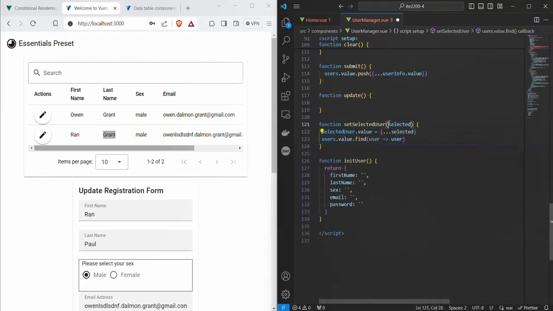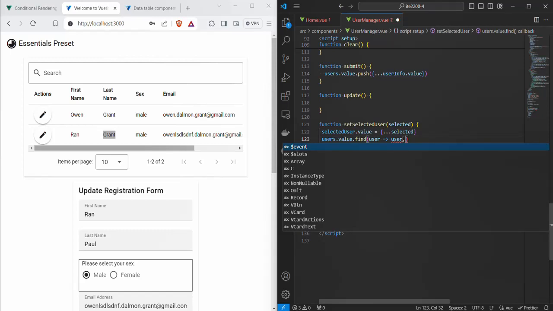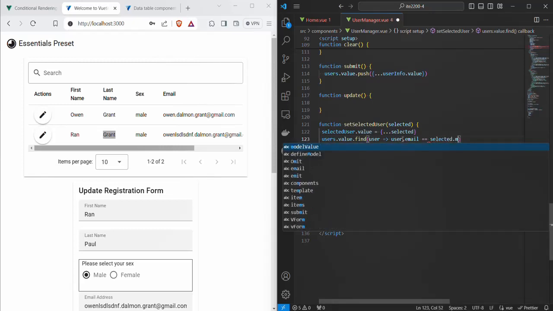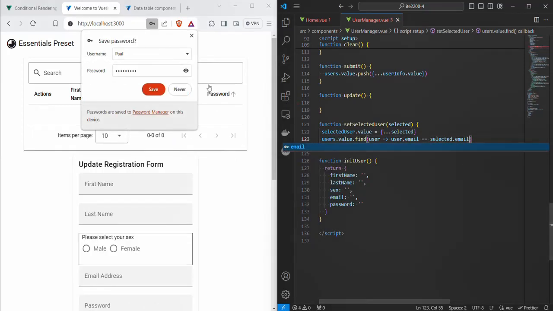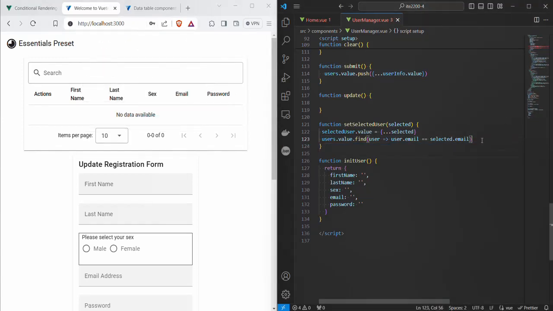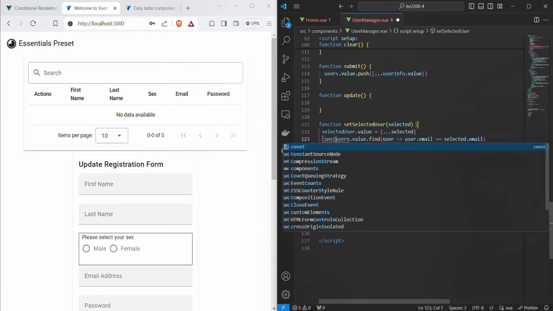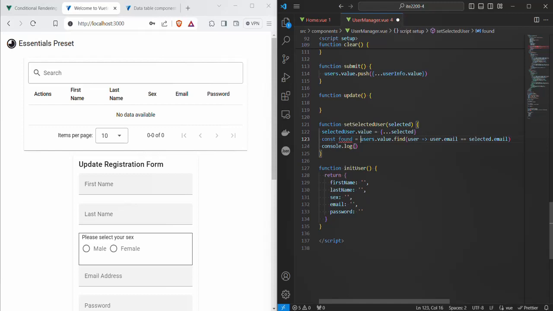Good. So what this is going to do, it's going through all the users in this user array, right? So where user dot email is equal to selected dot email, right? That's the user we're looking for. And if we find this user, I'm just going to say console.log. This returns a user found. And found user dot, yeah,